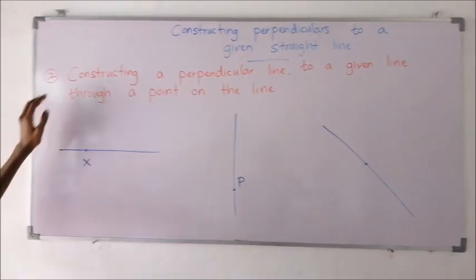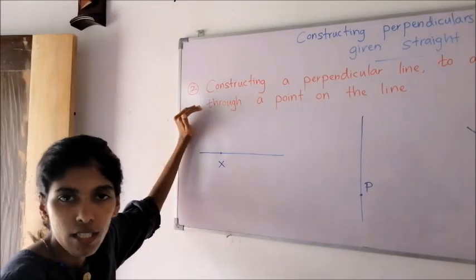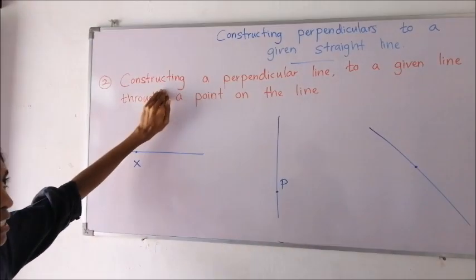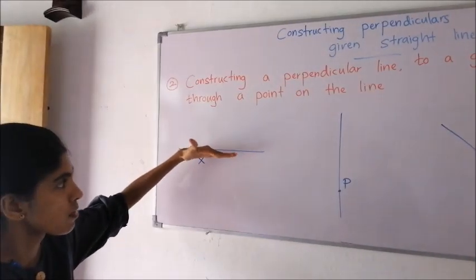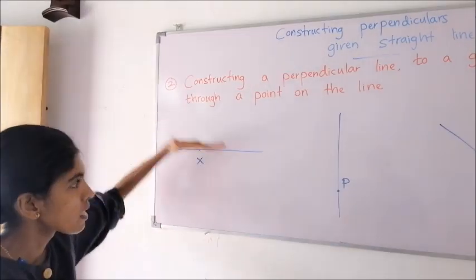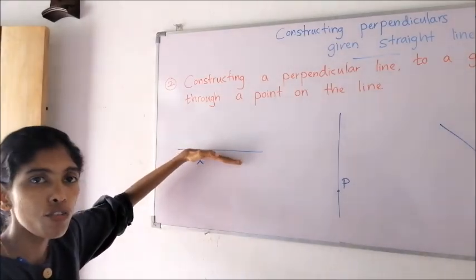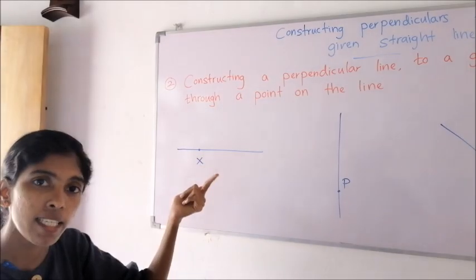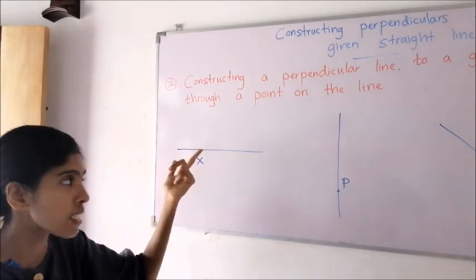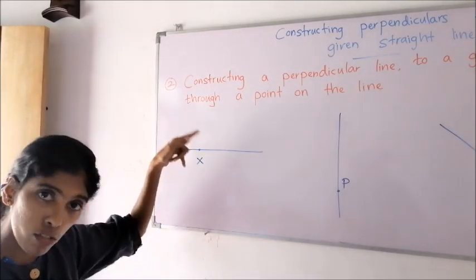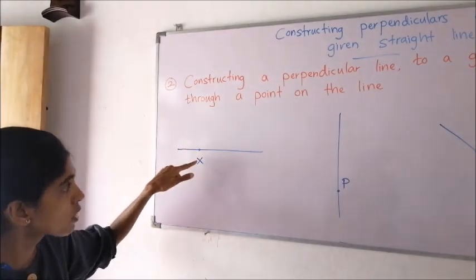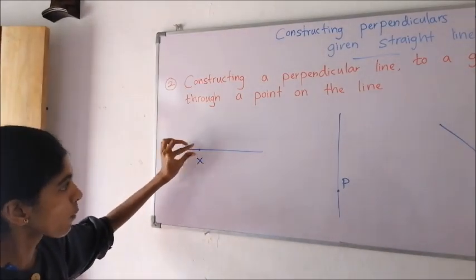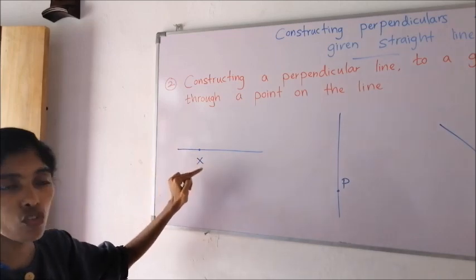Now, the second way of constructing a perpendicular. What is that? Constructing a perpendicular line to a given line. Just for an example, we will take this. For this given line, we are going to draw a perpendicular through what? Through a point on the line. Earlier, the point was given outside the straight line as an external point. Now, the point is on the line. When you are given a straight line with a point, how do we construct a perpendicular at that point